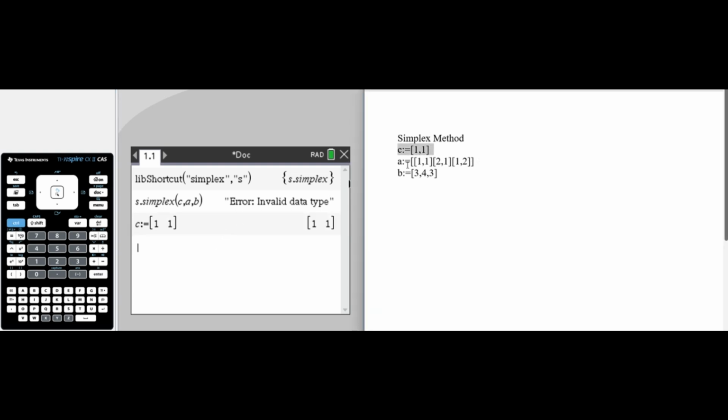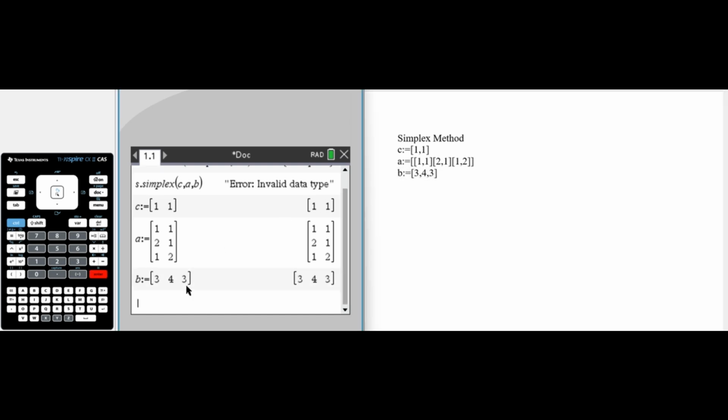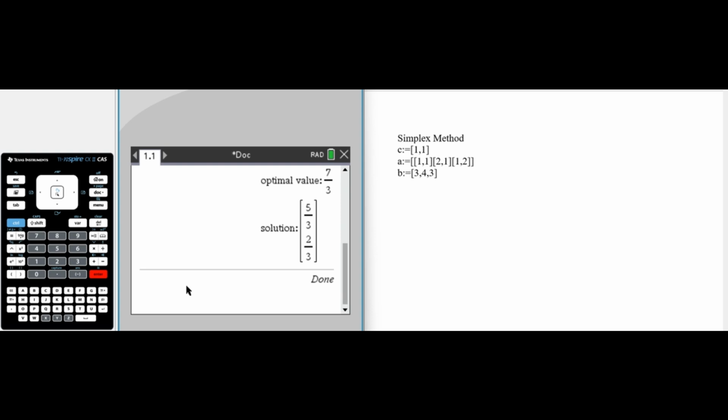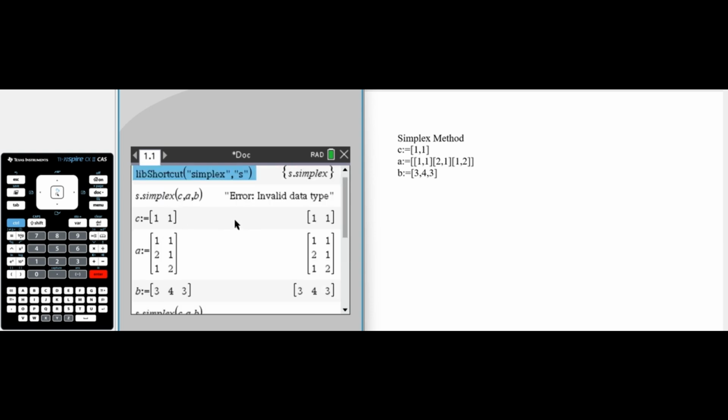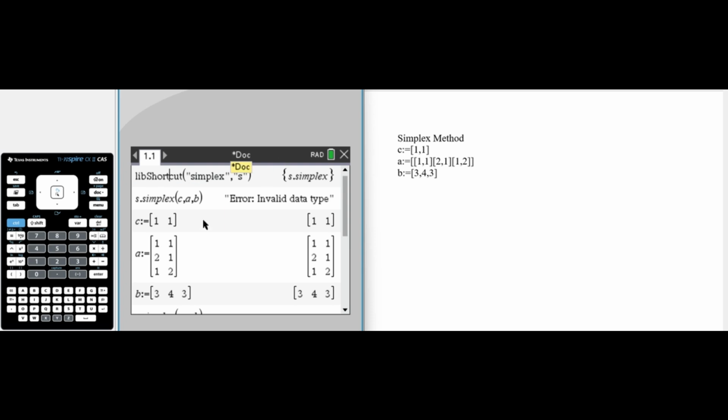You have to define C, and then A, and then B, and now you can just do simplex C, A, B. It'll give you the exact values. It's very simple, and this is a much recommended method